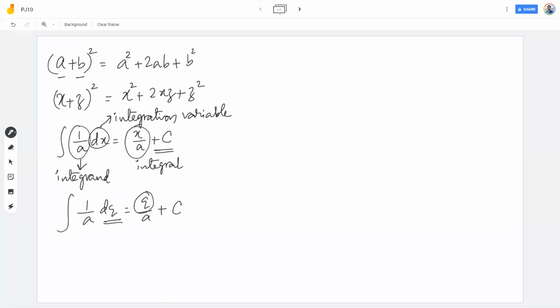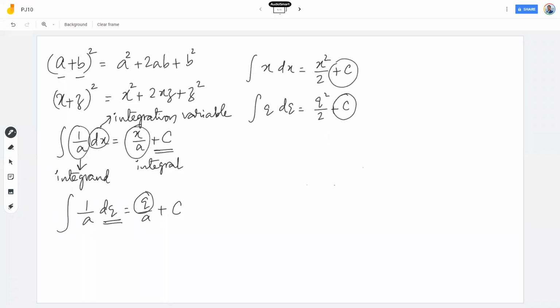See, what I'm trying to say is if integral of x into dx is equal to x square by 2 plus c, then if it is integral of q dq, it would be q square by 2 plus c. That's all. And this c and this c may not be equal also. Not necessarily equal. They could be equal, they may not be equal. That's an arbitrary constant. No, we are not doing differentiation or integration now. This was just a doubt clarifying thing.